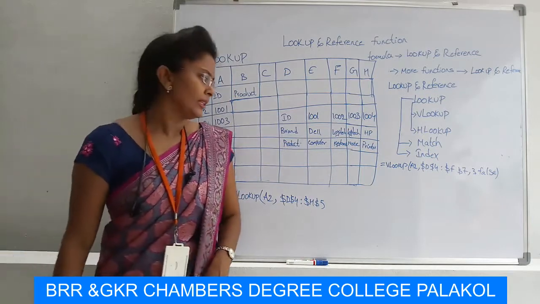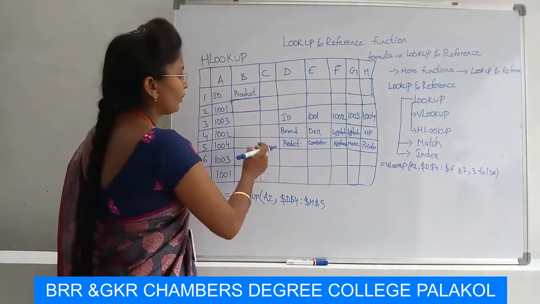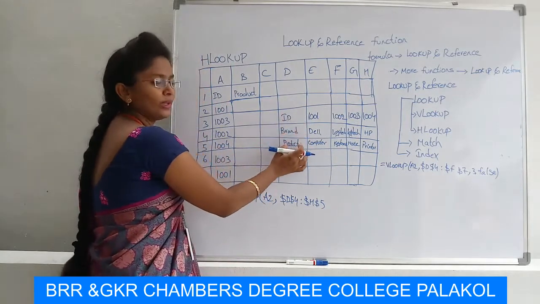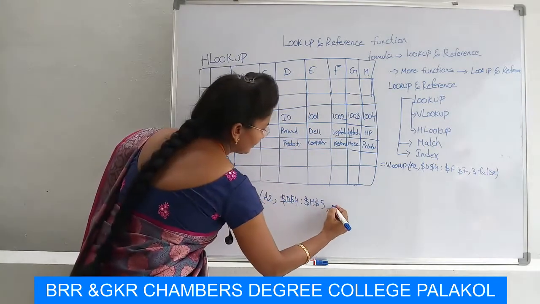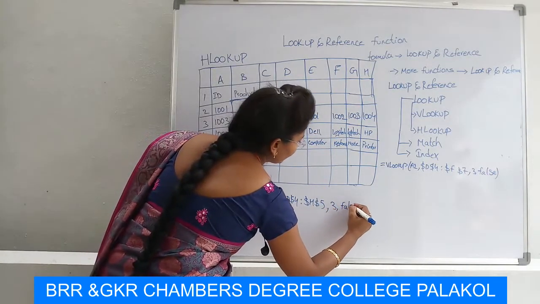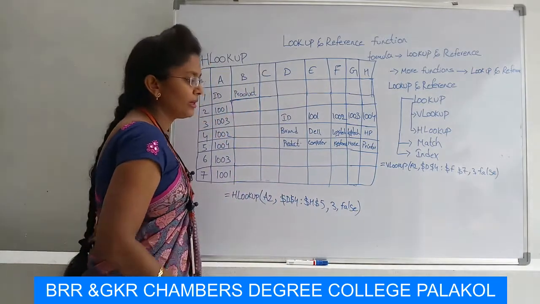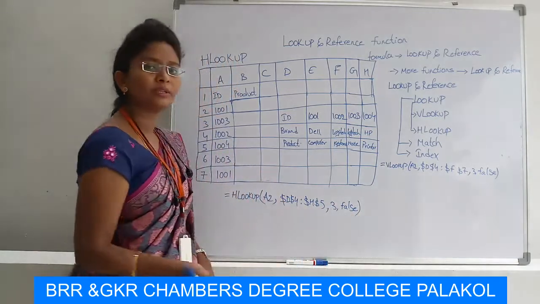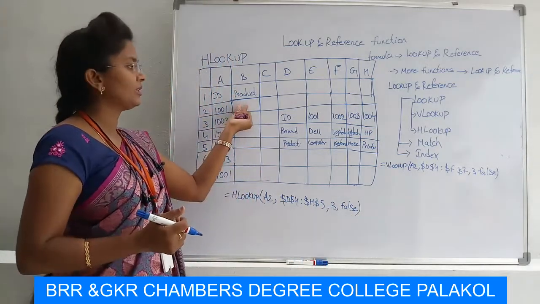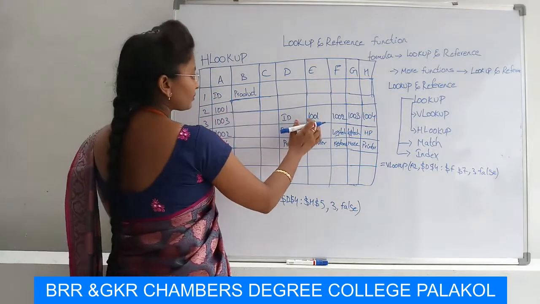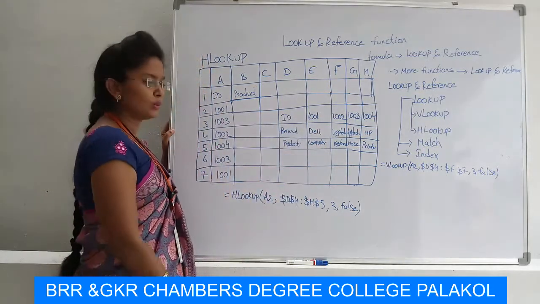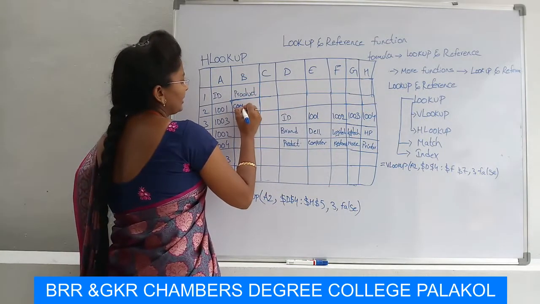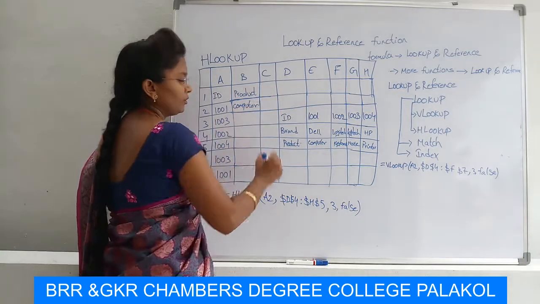After completing the data, I want the product here. That means the ID is 1, brand is 2 and product is 3. That means I am entering the 3 here, and for the same function I want to return the exact match. That's why I am taking the false statement here and pressing enter. When I press enter, it displays the result here. That means for 1001 the product is computer. Here I have taken the product, that's why it is appearing in the product row.